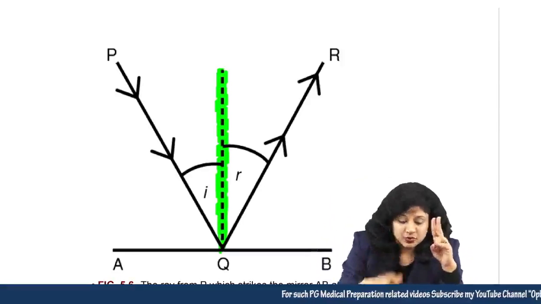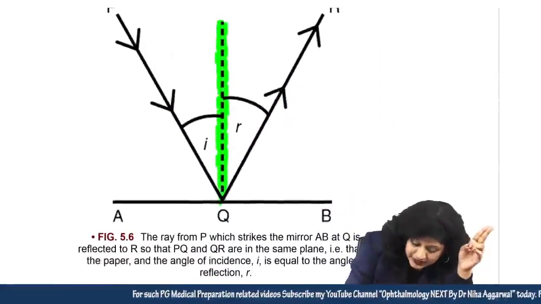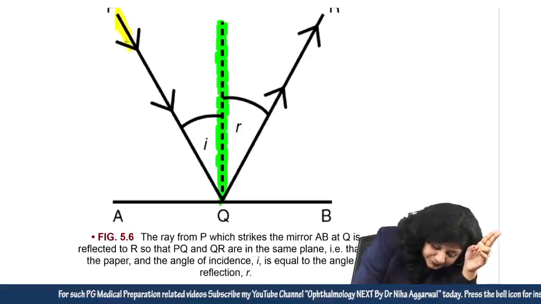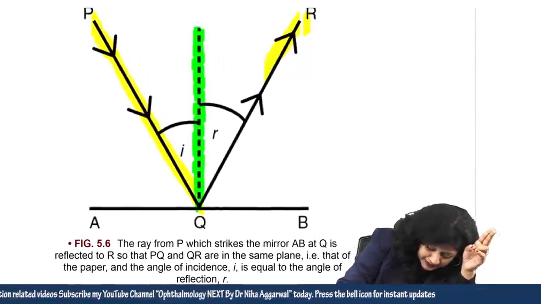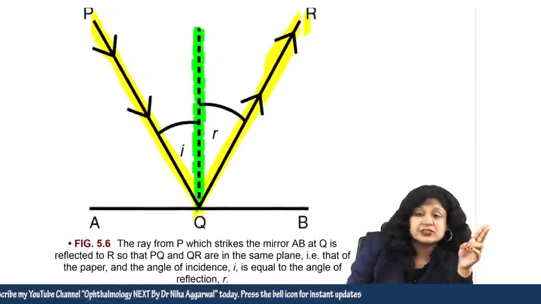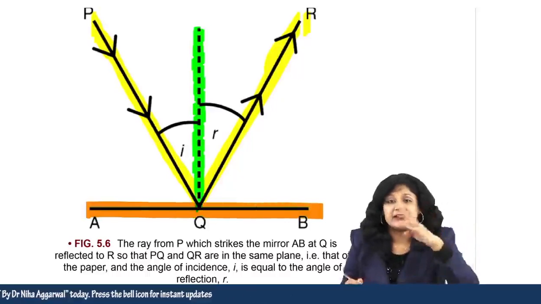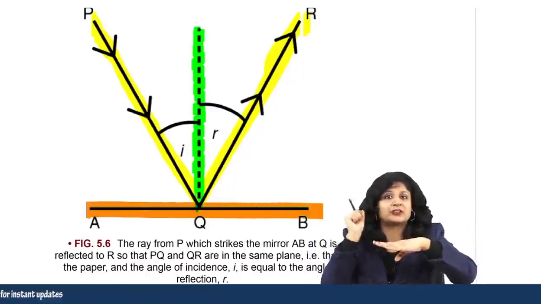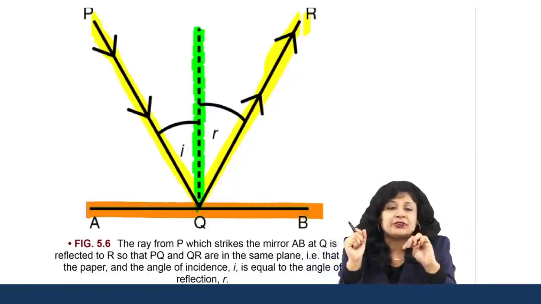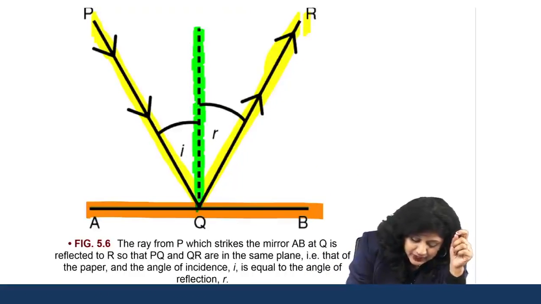Number 2: we have three things. One is the incident ray, then the reflected ray, and the third is the normal. All of them lie in the same plane. In the same plane, you have the incident ray, the normal, and the reflected ray. And point number 3 is that the angle between the